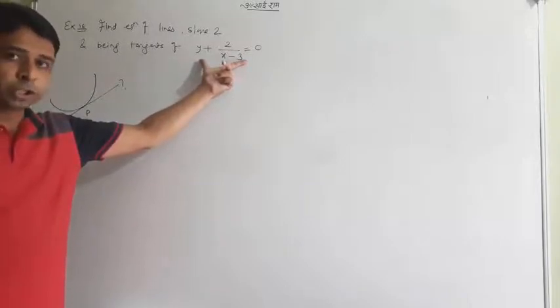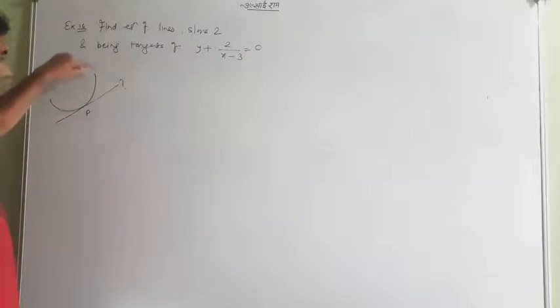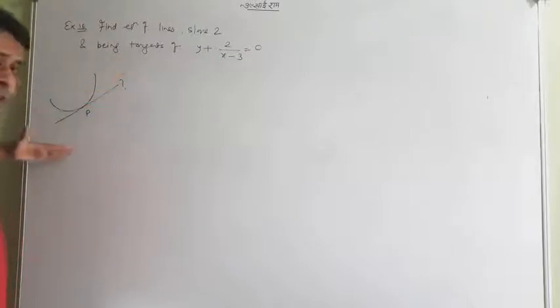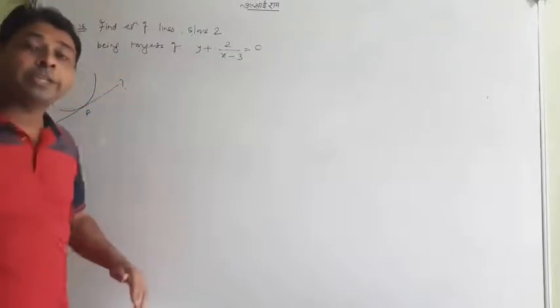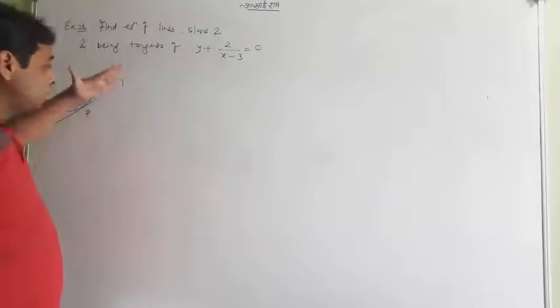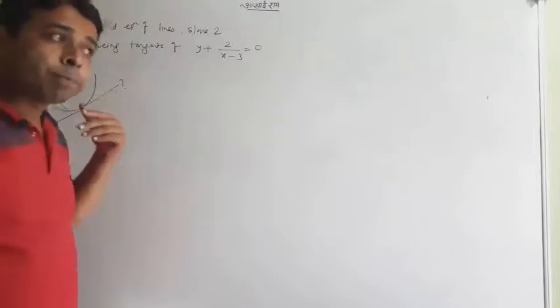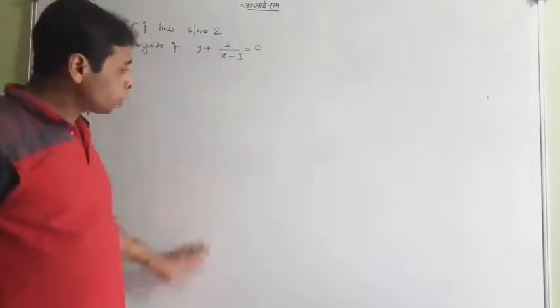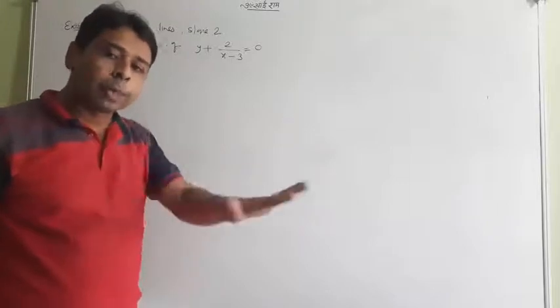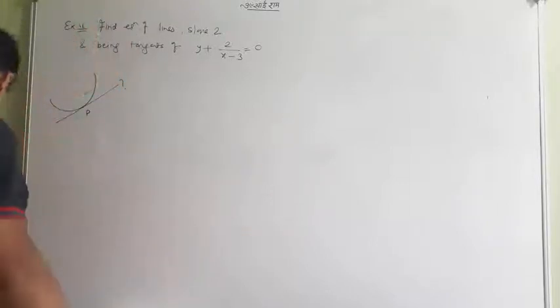but initially I don't know the nature of the curve. I am simply telling you to make a curve in a rough structure. Make only one tangent. Don't worry about how many tangents can be drawn. You only work on a single tangent and a single point of contact. Definitely when you solve the question completely, you will get all the possible tangents with all the possible points of contact.